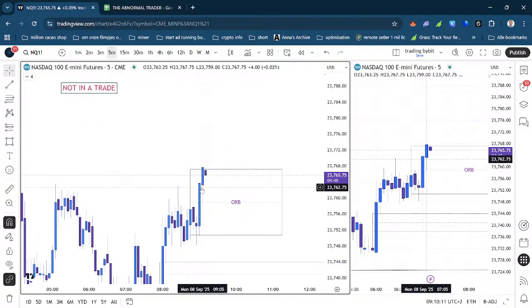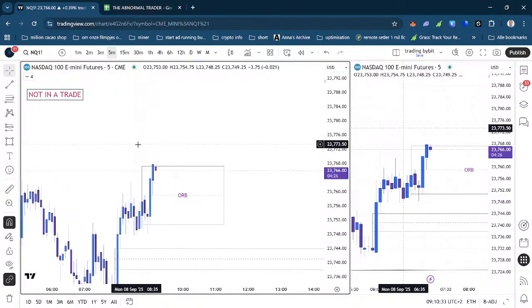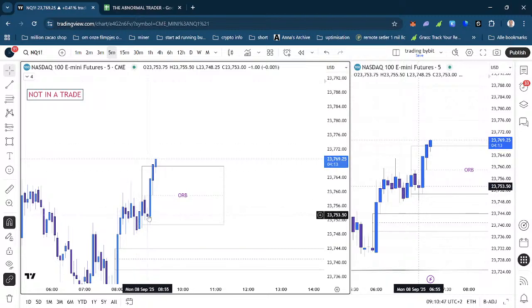So you see, this is the candle from 9:01 till 9:04. This is the candle from 9:05 till 9:09 and 59 seconds. Now you can trade until the 9 o'clock, so that's 5 minutes before yet. This candle from 8:55 is the last candle of the pre-orb itself.